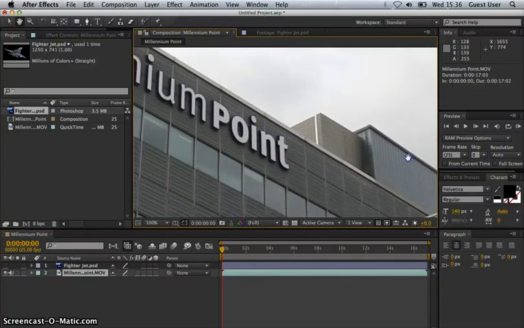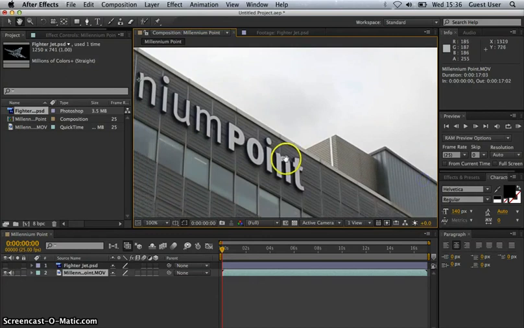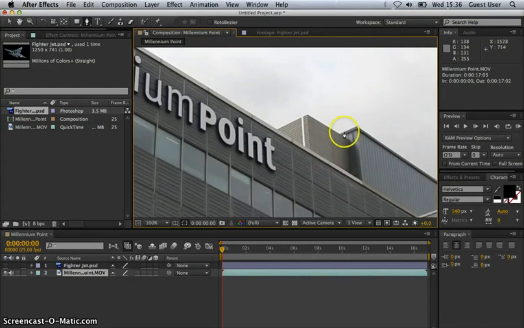Now be careful, what I am doing is still holding on to the spacebar, because as soon as I let go, it automatically changes back to the pen tool. But like I said, it should now allow me to start drawing some shapes. So the nice thing with the building is it's square, so a mask is just created by clicking once to